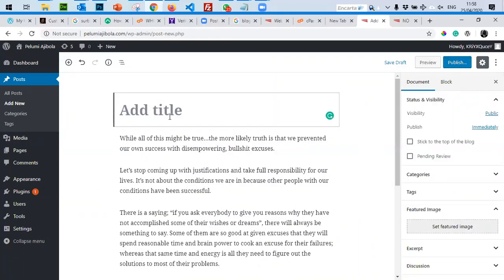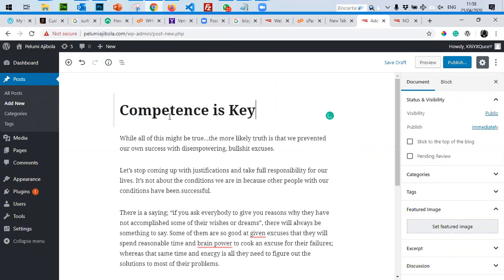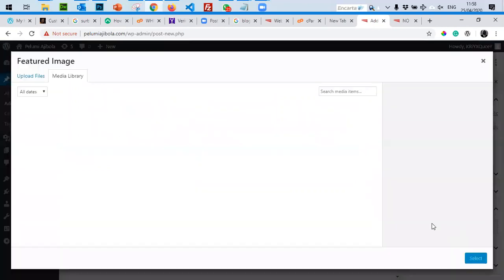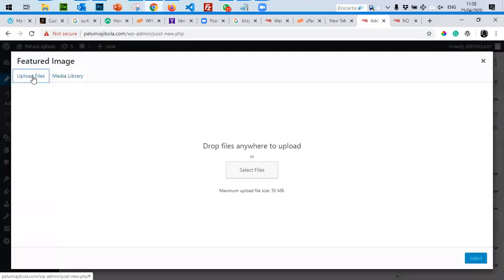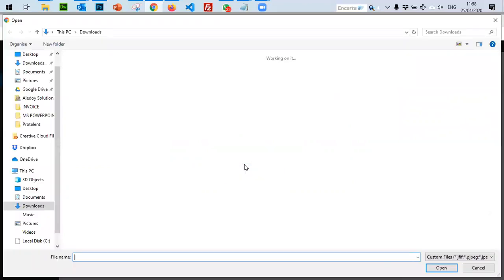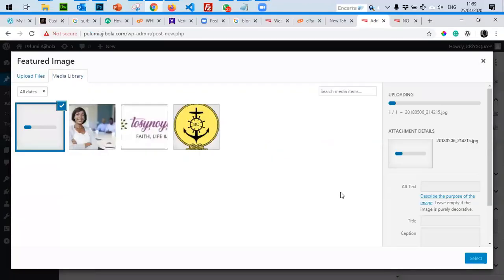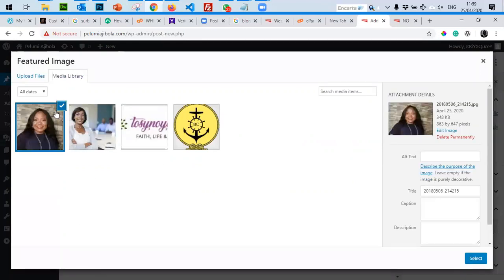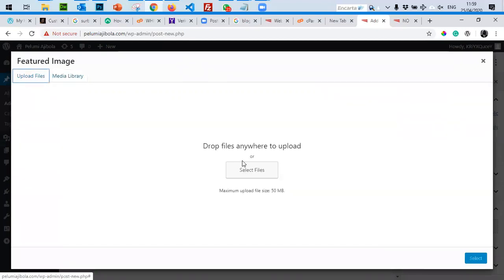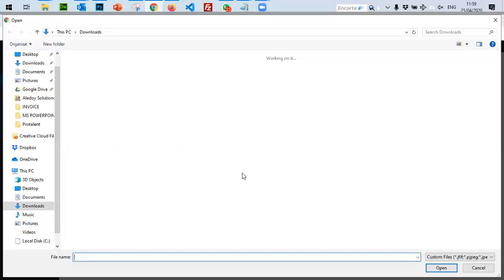I give this one another topic. Let's say "Competence Is Key." I look for another image for that particular post. So people who publish a blog, after they've set up their blog, this is all that they do. Now, let me not use someone's face.